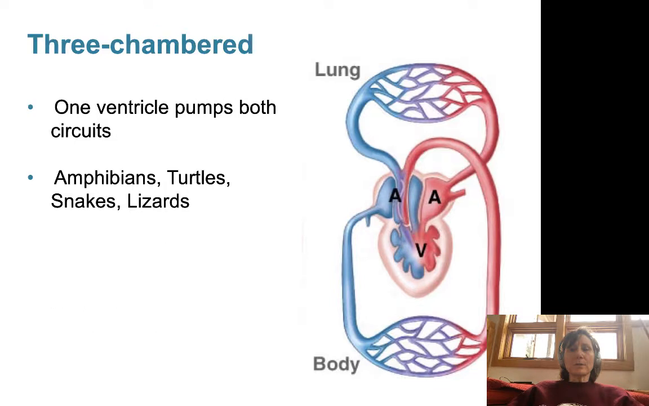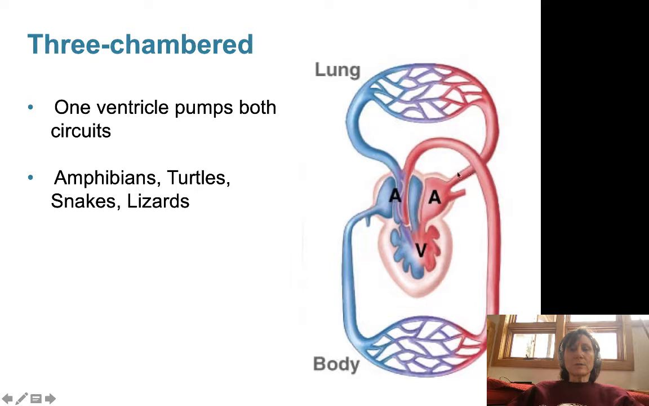So in this case, you have a three-chambered heart. Amphibians, turtles, snakes, and lizards have a three-chambered heart. And so what's happening here is you have two arteries. You have a single ventricle, and it doesn't have a septum in it that's separating out deoxygenated blood from oxygenated blood. So blood will flow into the right atrium, and we always refer to anatomical orientation. In this case, for these three-chambered hearts, it just goes into a single ventricle, and then it goes out to the lungs,